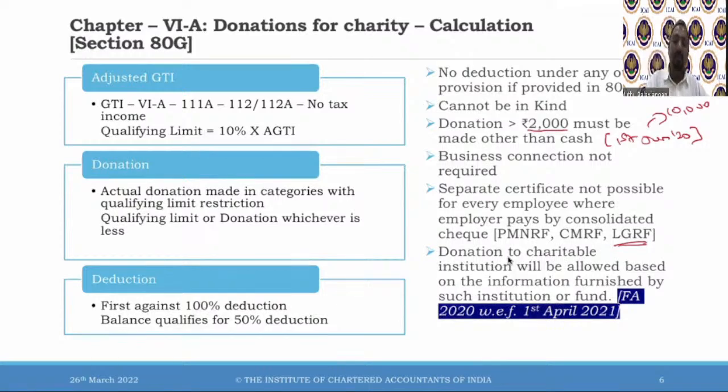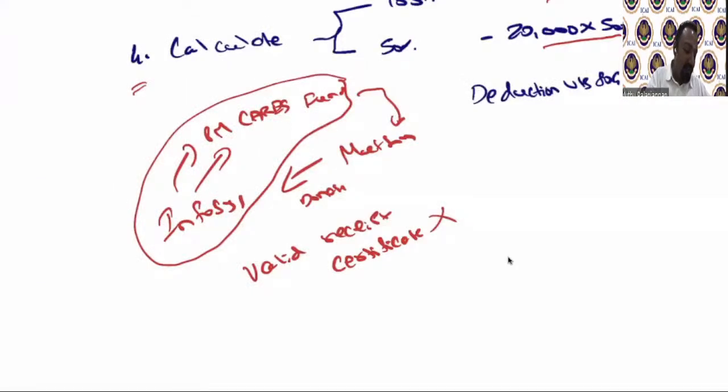So they have listed out the funds. Typically, the Prime Minister National Relief Fund, Chief Minister Relief Fund, and Lieutenant Governor's Relief Fund. For these three funds, a separate certificate is not required. And a new amendment in Finance Act 2020, which is applicable from 1st April 2021, is about this certificate. We were talking about this certificate, right? Now in this particular certificate, what typically happens is,